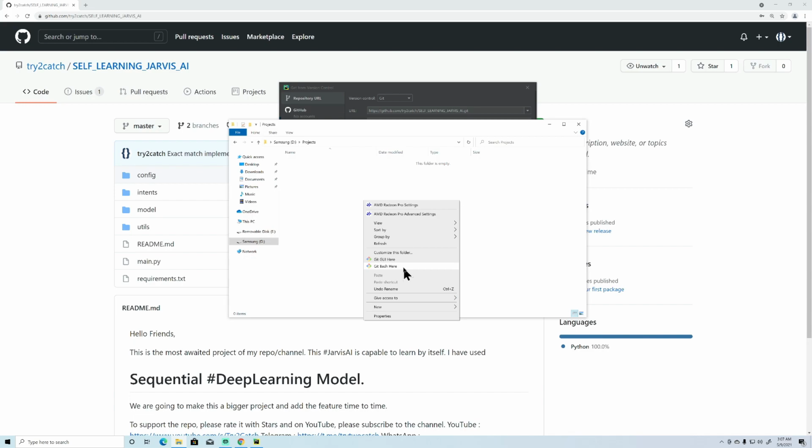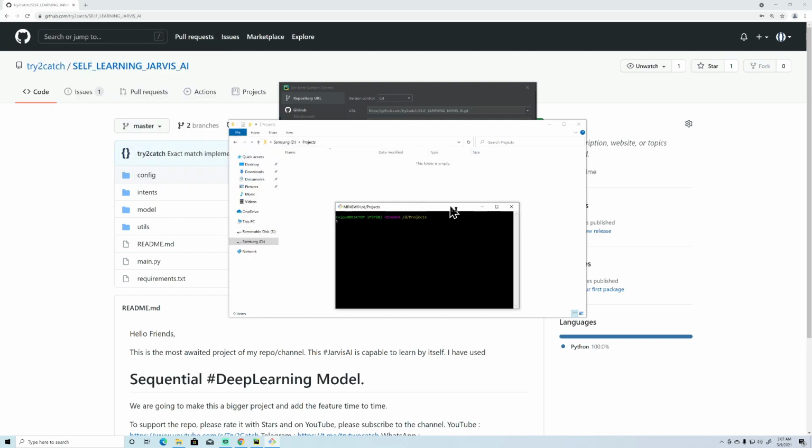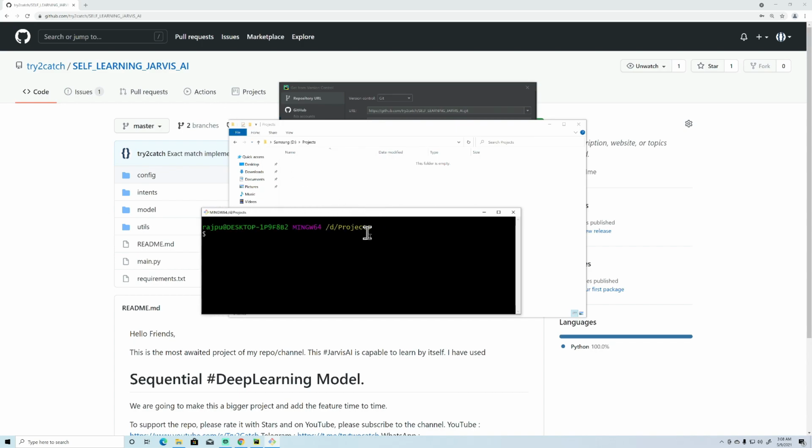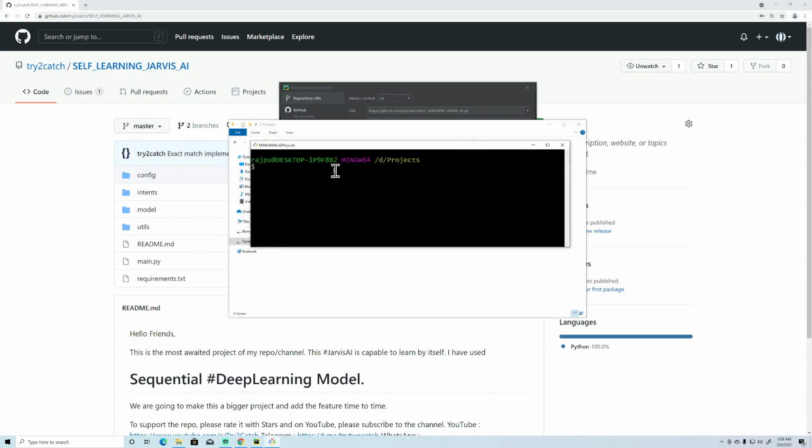So you need to download and install Git on your system, right? So I'm going to click on Git Bash here, and this will automatically open that directory in which I opened it. Let me see if I can make it bigger. Yes, I hope now you guys can see it.